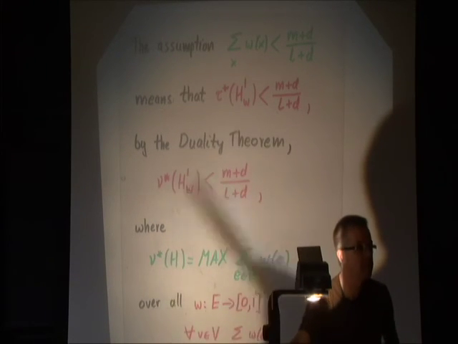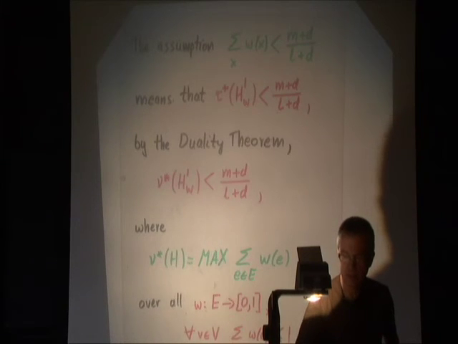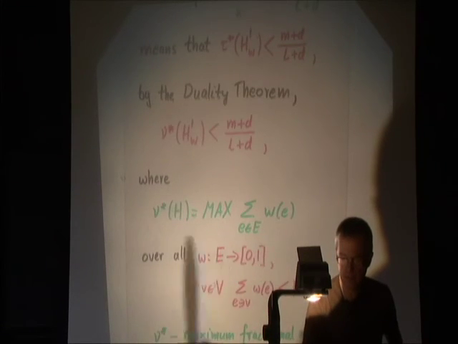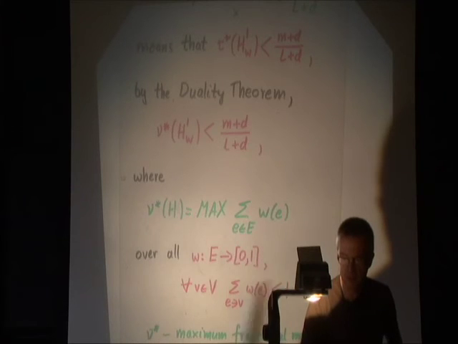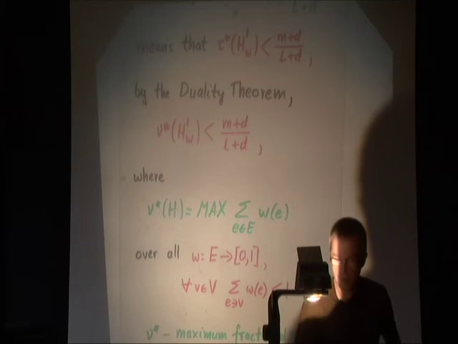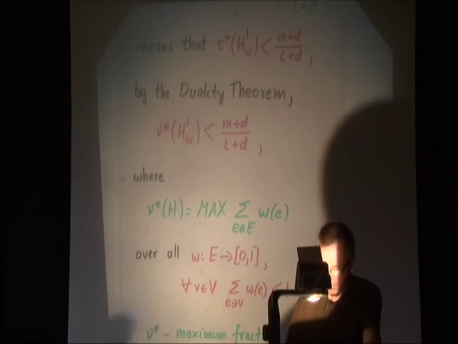So they are dual problems. Therefore this also is less, and this is defined here as a linear programming problem. Maximize the sum of the weights, knowing that for every vertex you don't exceed 1 if you count all the weights of the edges which contain it. It's called maximum fractional